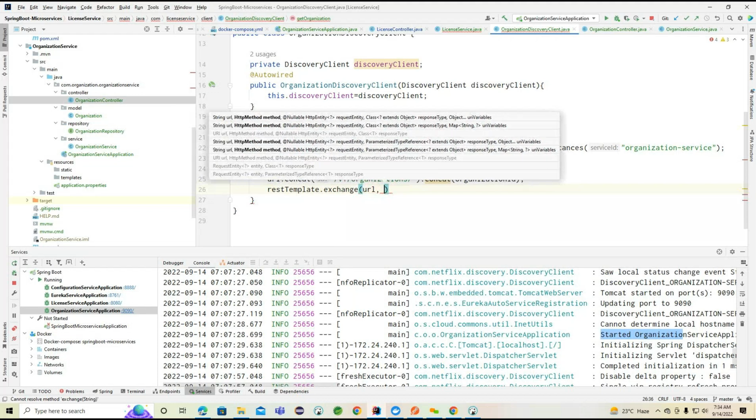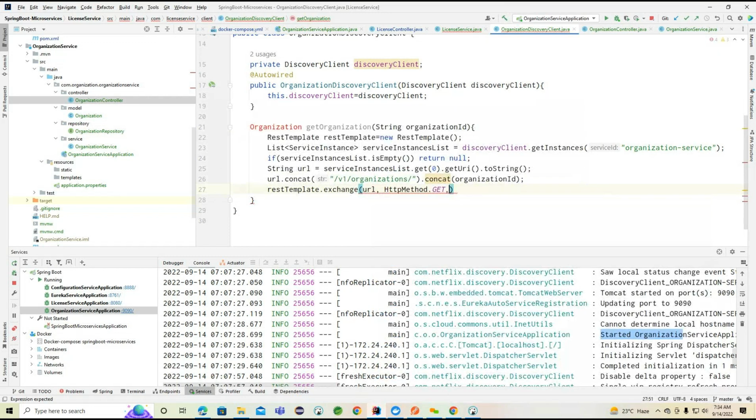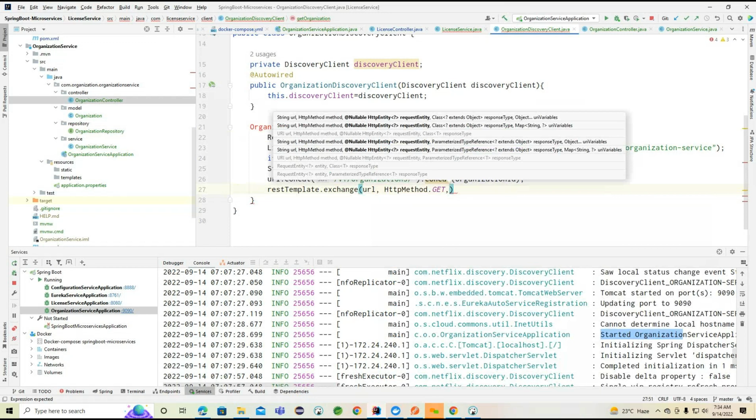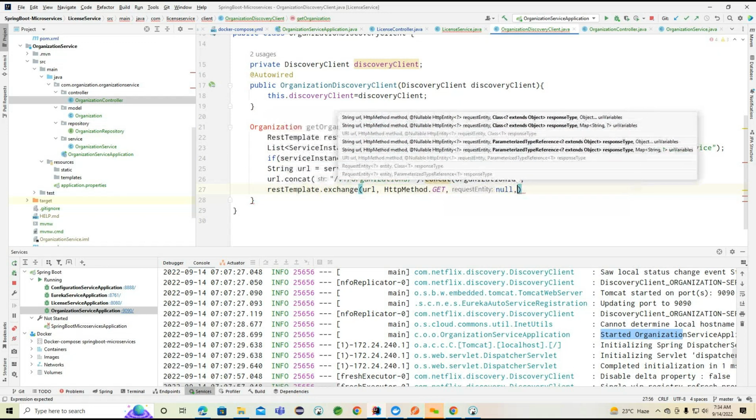After providing this particular URL, we can go for the HTTP method. The HTTP method, basically it is a get method. And after this, any HTTP entity, because of this particular get method, we are not going to use anything. And after this, now what we are trying to provide here? So something like a